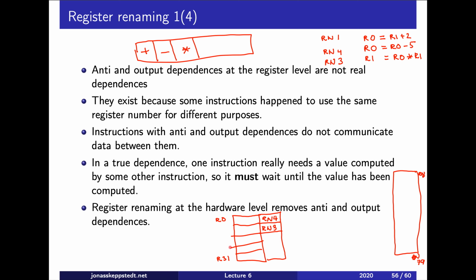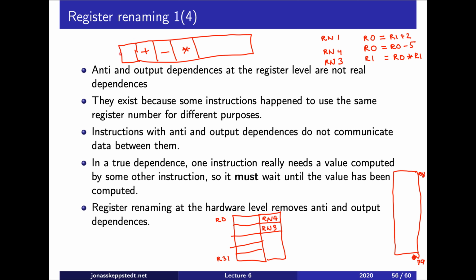Okay? And what can we have as use for this? Well, there are two uses. First, anti and output dependencies. They can be ignored. I mean, they don't reduce performance. And secondly, we can have speculative execution, since if we can modify this